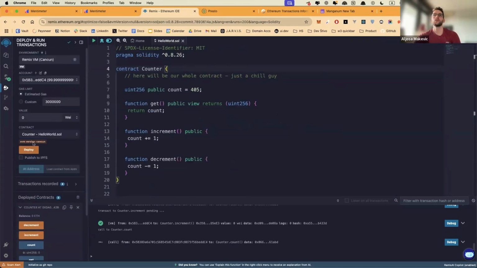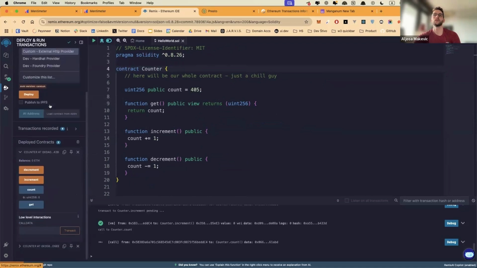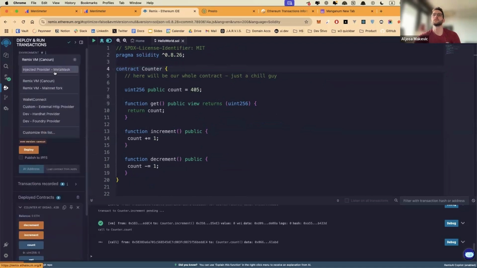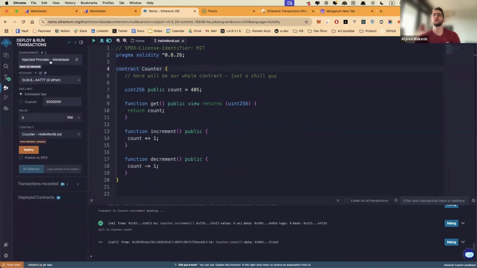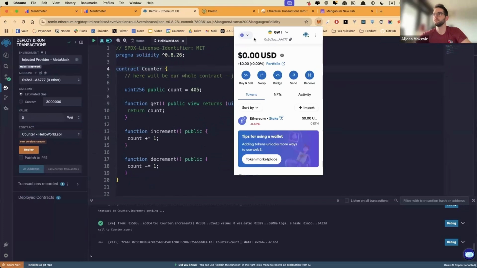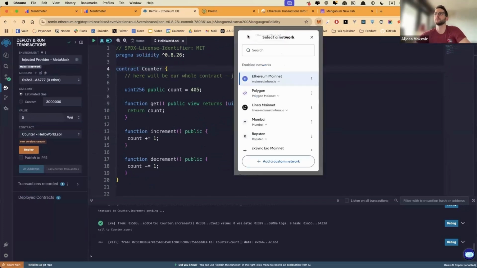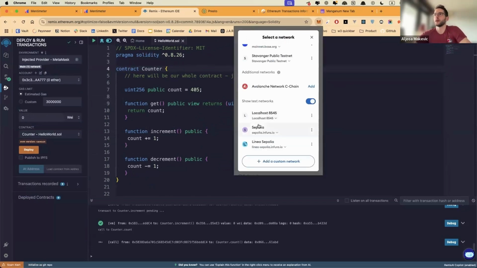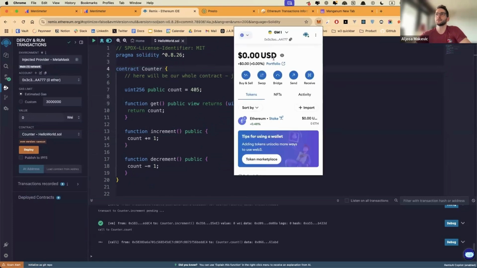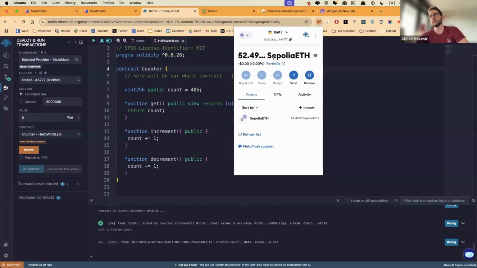You can deploy this on any chain. You can connect the compiler and everything with your MetaMask. And right now it's registering main network with the ID of 1, that's Ethereum. I can go to the testnet, which is the same exact copy of the existing chain, but it's used only for testing purposes.